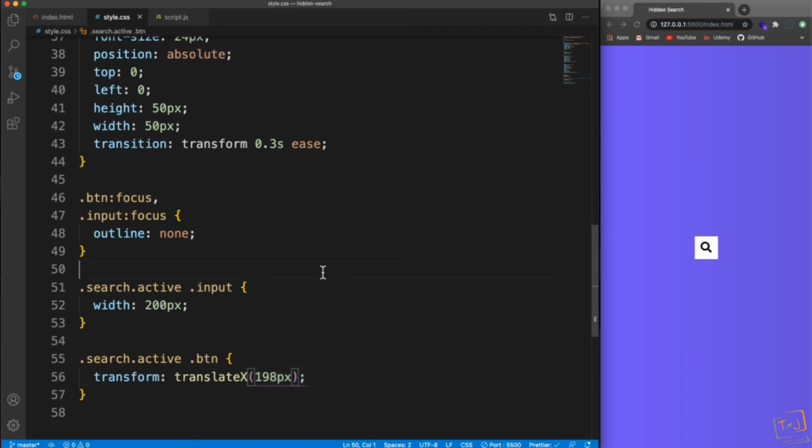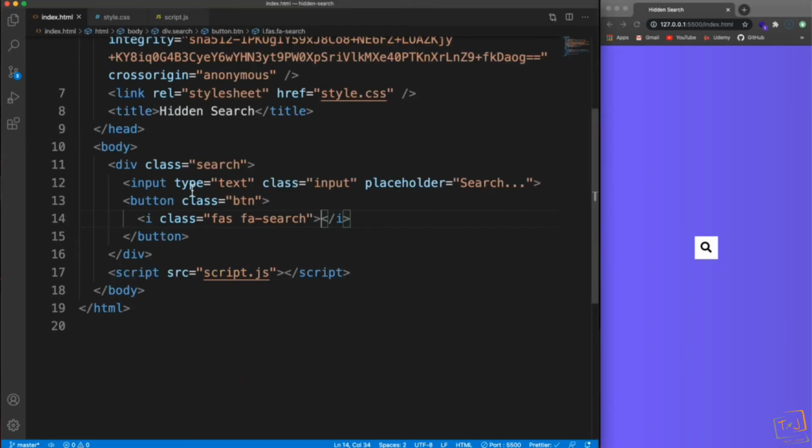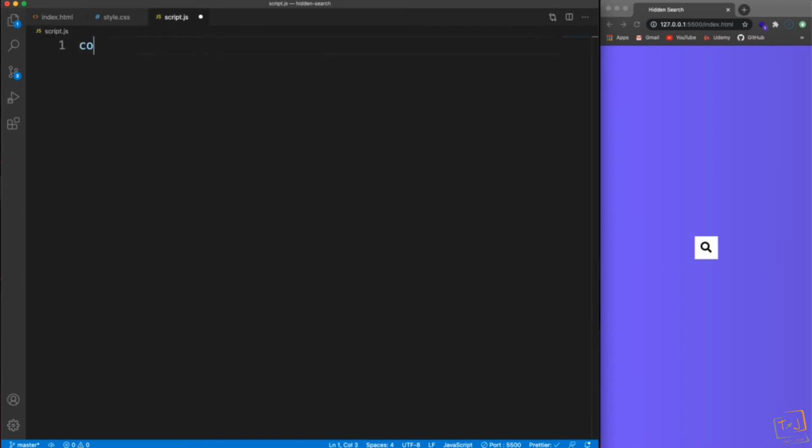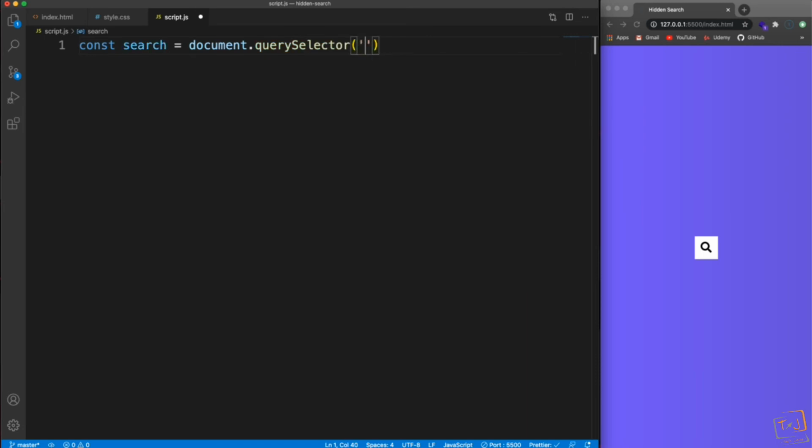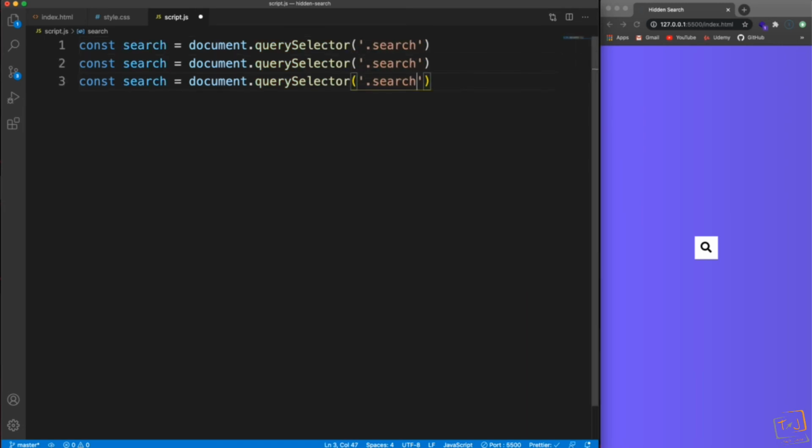All right. So if I save that, we're not going to see any difference here because we need a little bit of JavaScript to be able to give it that class. And you'll see if I manually put on the active class here, there we go, it expands. So JavaScript's going to be really simple. Let's go ahead and bring in the search. So document.querySelector, and we want to grab the class of search, and then let's also grab the BTN, and then let's grab the input,